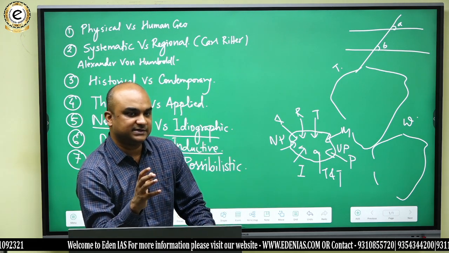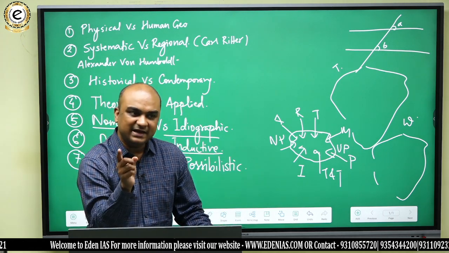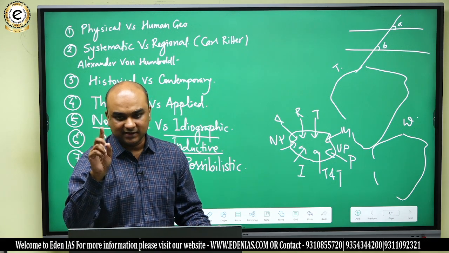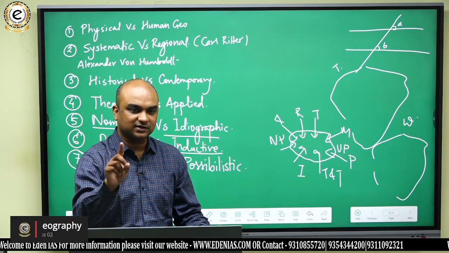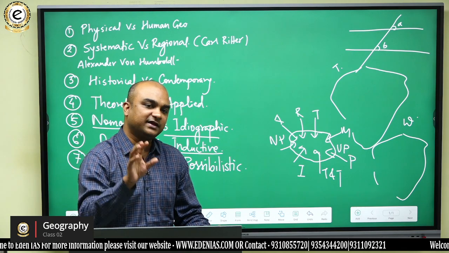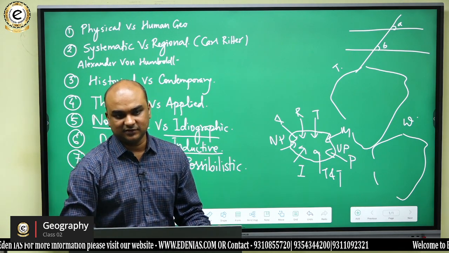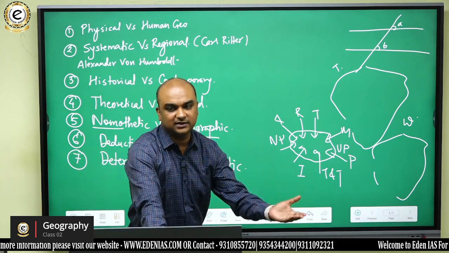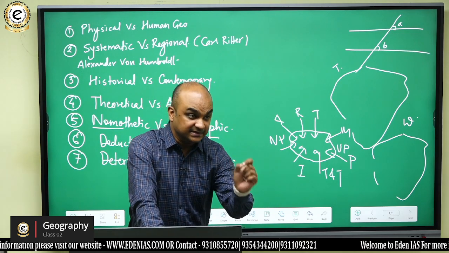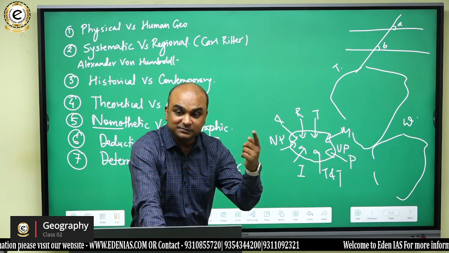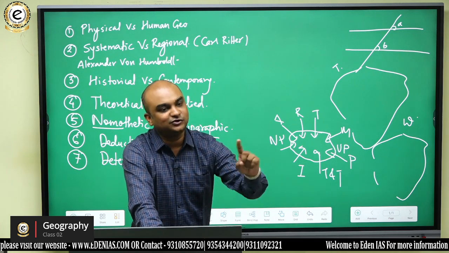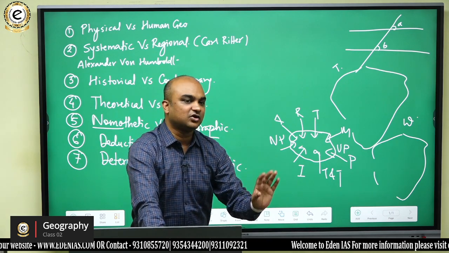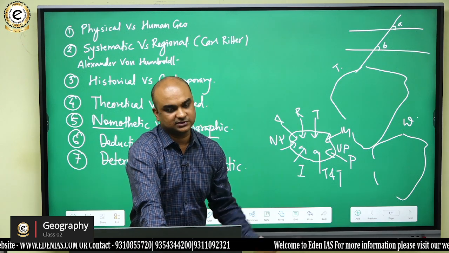According to possibilistic geographers, man and nature are not slave and master. Rather, the relationship that exists between man and nature is like how relationship exists between two friends. Do you understand that? So nature is not the master but a companion. Nature gives us hints, tells us what are the possibilities, and then leaves it to man and his wisdom to use that knowledge and take geographic, economic and social decisions. Like say for example,